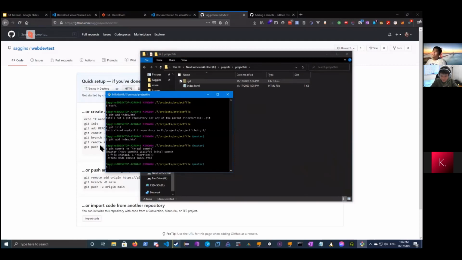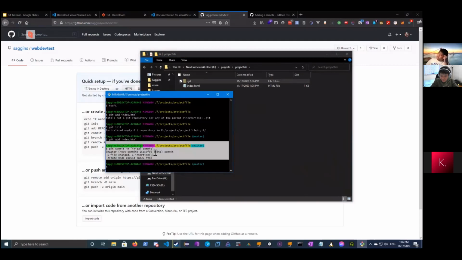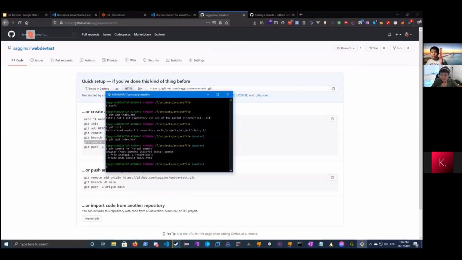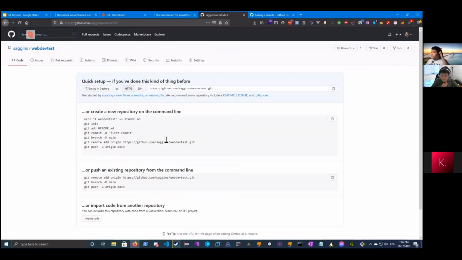Okay, now we need to add a remote. A remote is basically just a place where you're going to upload it. We're going to use GitHub as a place to do it because first of all, it's free, and second of all, it's wonderful. So GitHub provides you a little guide of how to do it. So what we're going to do is git remote add origin